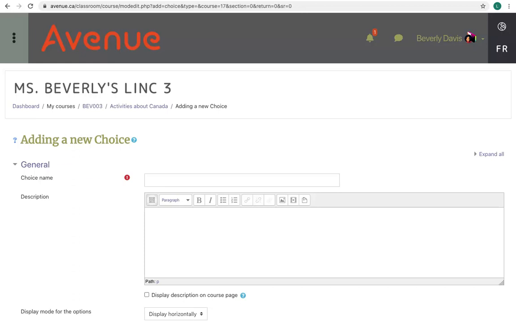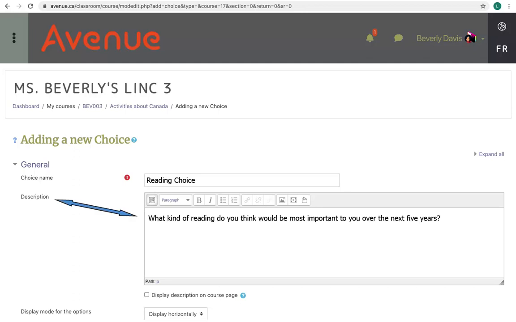In the General section, type in a descriptive name for the choice activity. Type in a description for the choice. This is essentially a poll prompt. This prompt should be designed to elicit information about the students that you, as the instructor, can use to plan